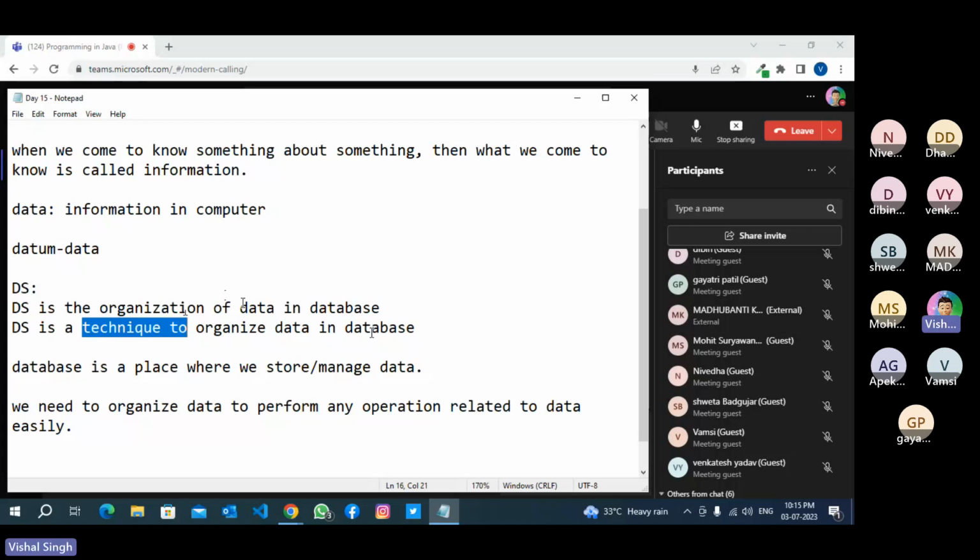It is the organization of data in database. We have to organize data in database. That's why we learn data structures. Structure means where we keep the data.